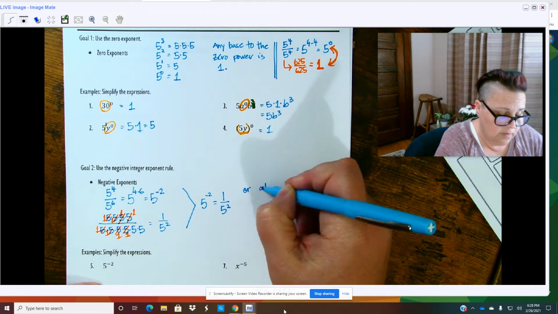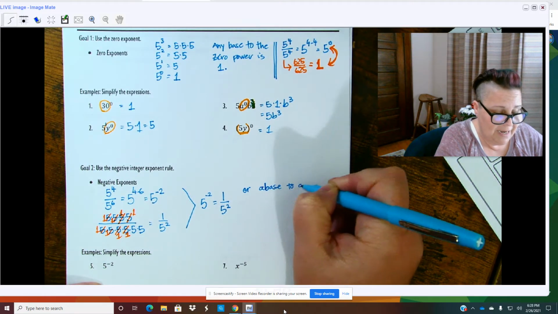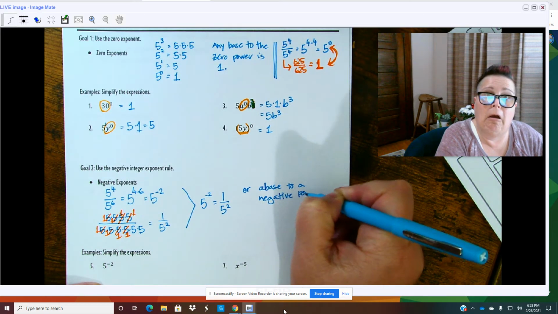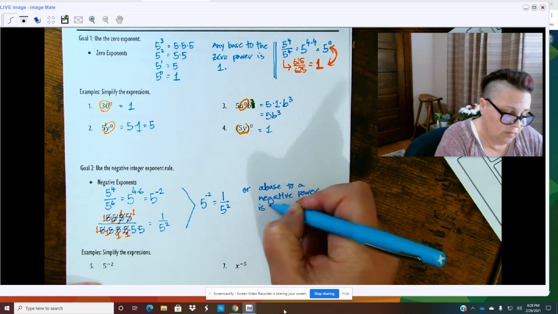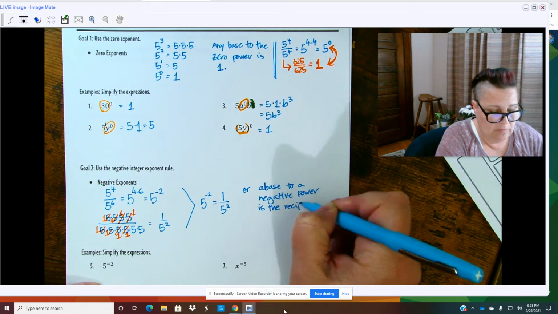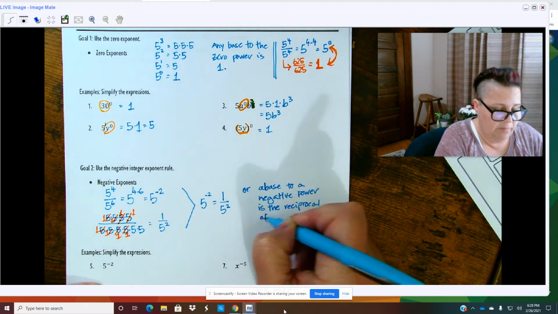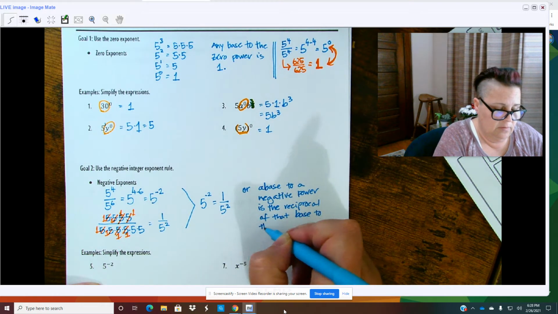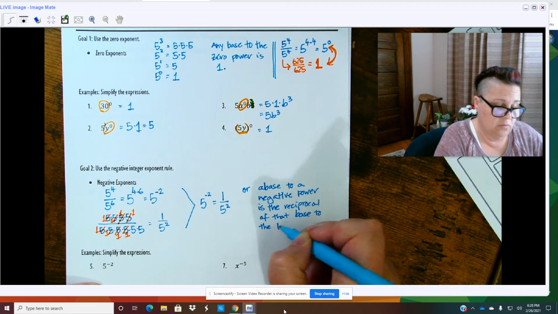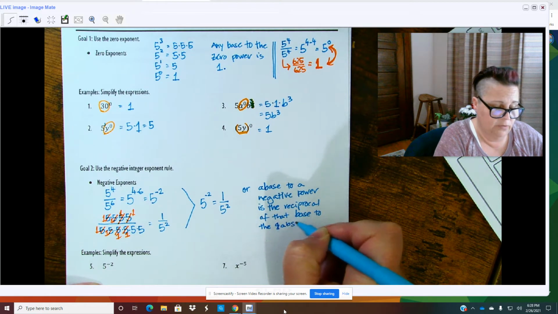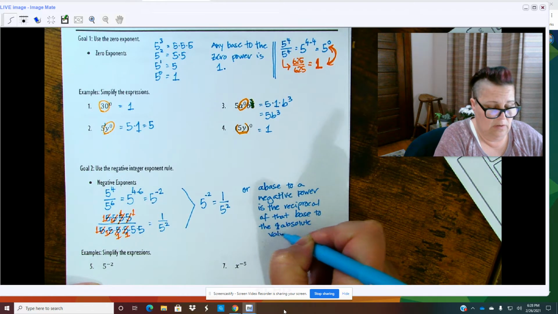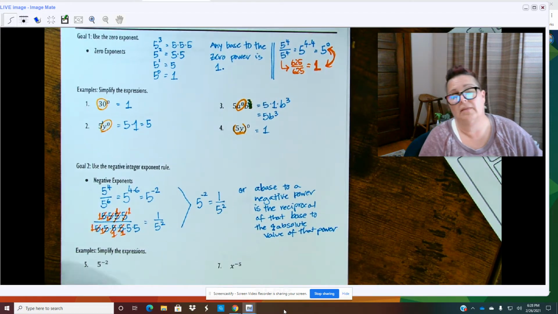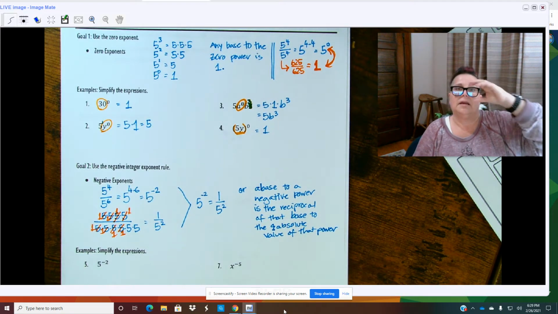A base, I'm trying to figure out, to a negative power. A negative power is the reciprocal of that base to the absolute value of that power. Okay. Oh man, that sounds confusing. But basically the idea is,